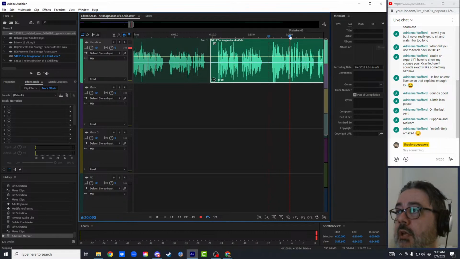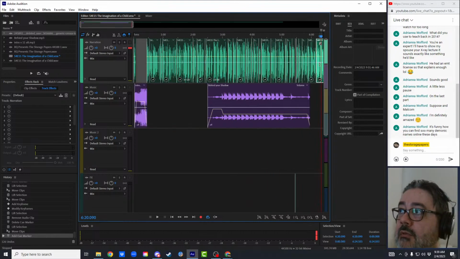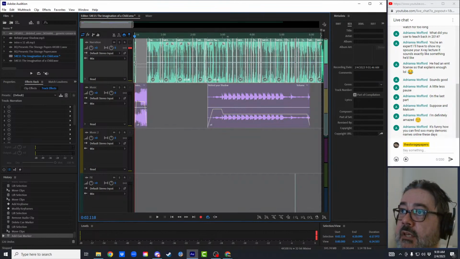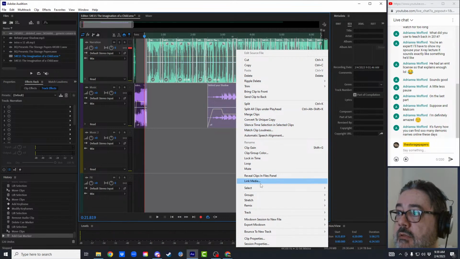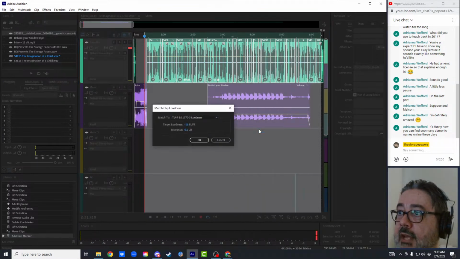Here's what I'm going to do. In the beginning, I went to minus 16 LUFS for this whole thing. But because I've got so many splits, if I do that now, it's only going to apply it to the current highlighted split. So I want to come back to my current place for editing, which is why I put the marker. But what I can do is kind of open this up, click and drag the whole thing. The first part was fine. I wonder if I can match clip loudness.